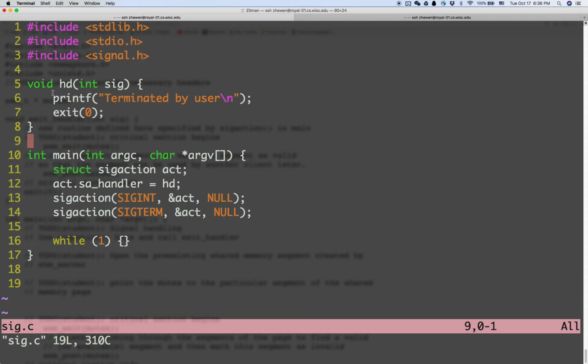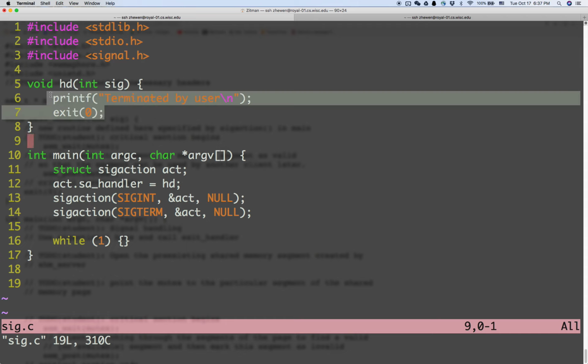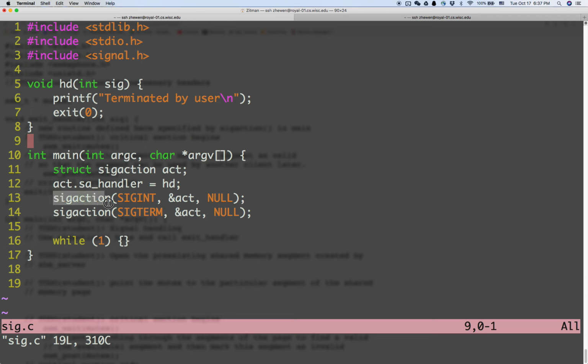So that later new clients can reuse that segment. This is happening here. You have to clear up the segment on exit,